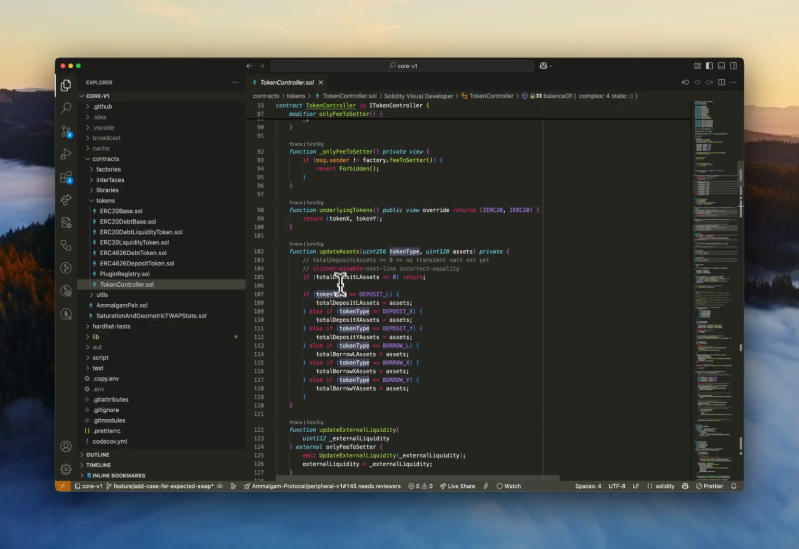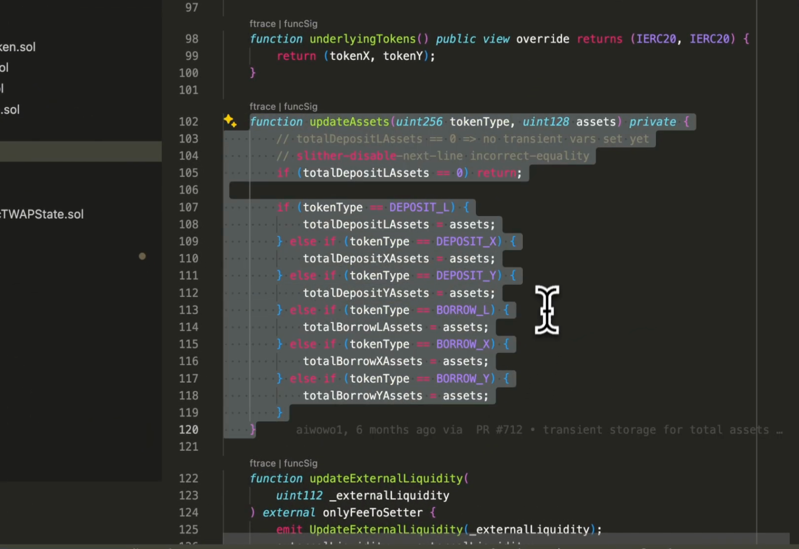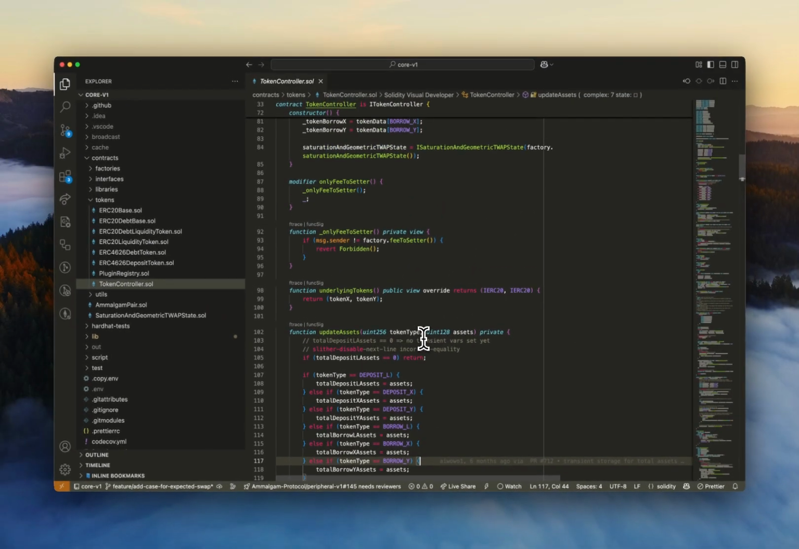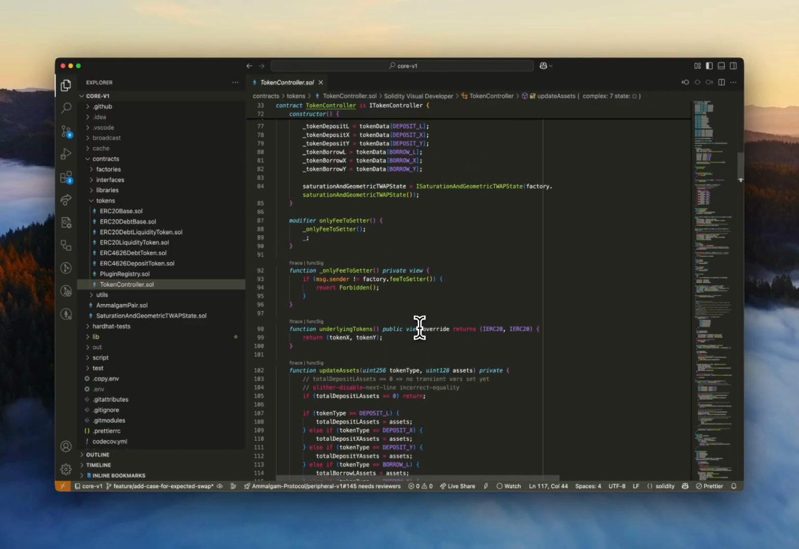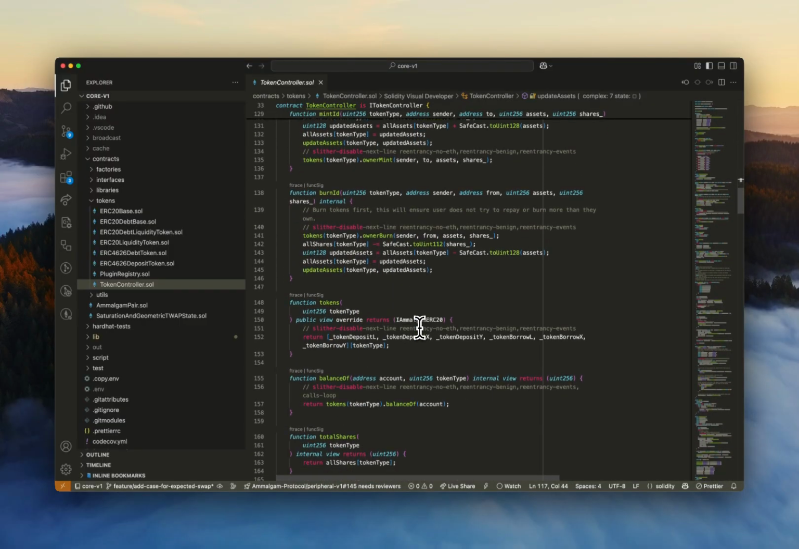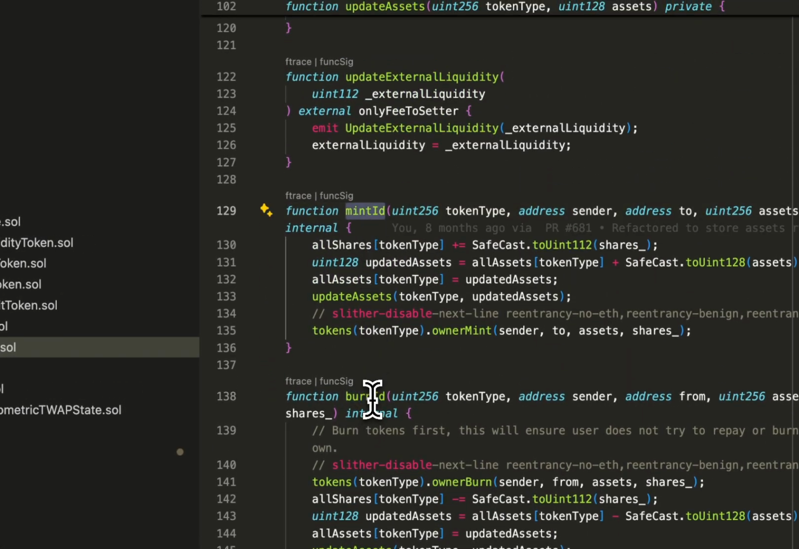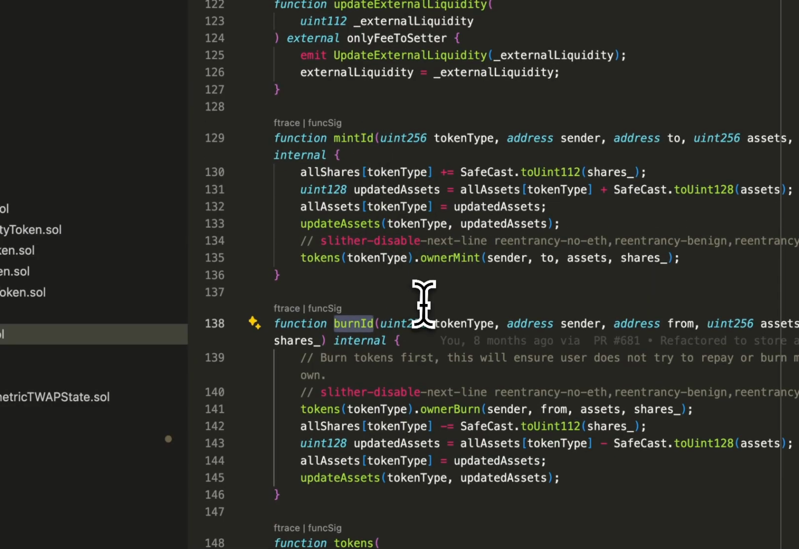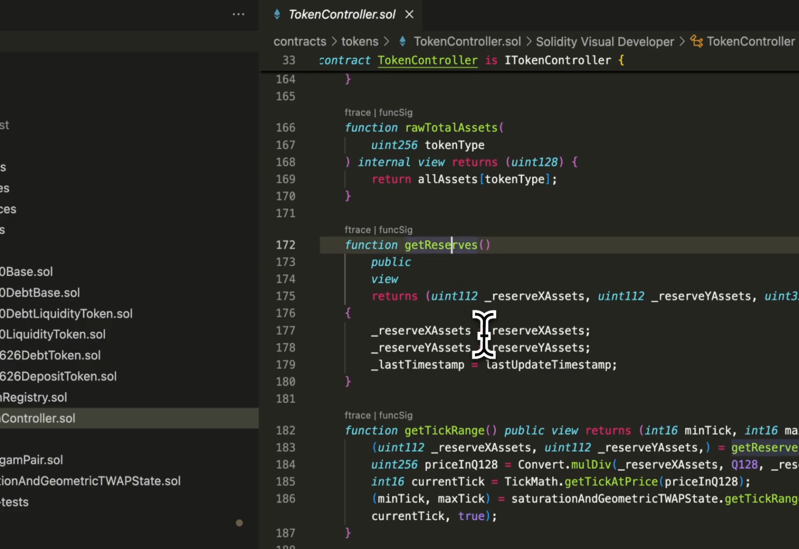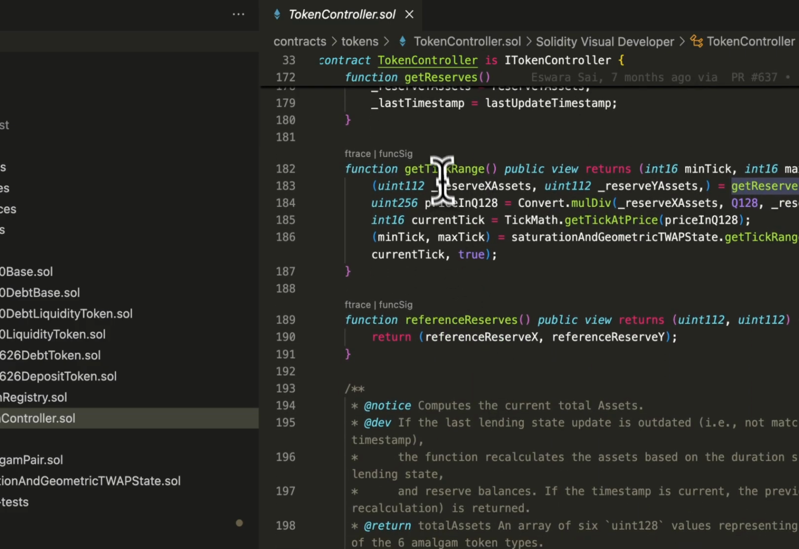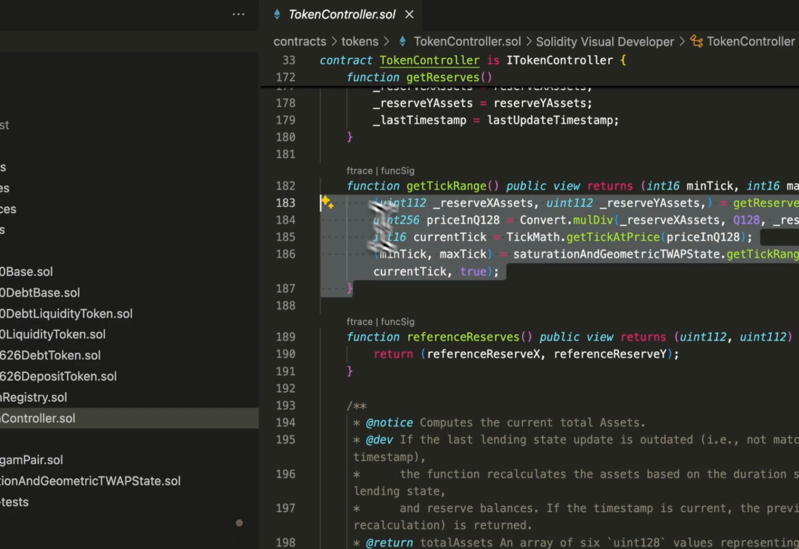All of this, we do store some of these asset values in transient storage to be able to access them and not have to rerun computationally heavy calculations more than once. And mint and burn is all handled in this contract. These are called in the Ammalgam pair in many places. Getting the reserves, tick range, which is our concept of what the price range is, and some confidence interval,